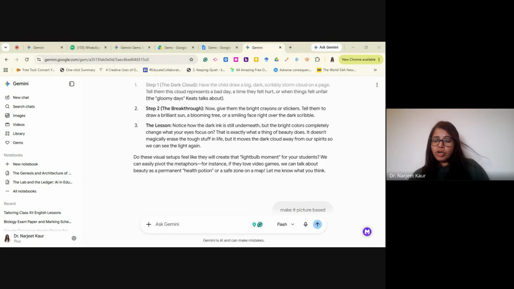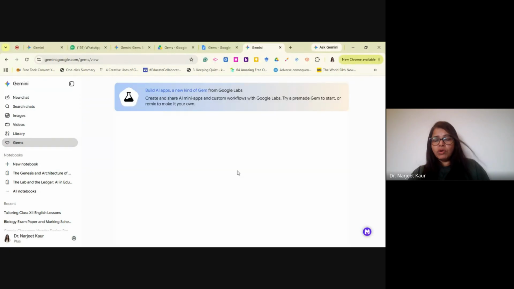I am going to go straight to the highlights: what the principal wants me to improve in the classroom, or what my strengths are. So I am not a believer in changing the templates over and over again. If I keep the template the same, I can give the prompt in the Gem's instructions, as to how I want my lesson observation to be.